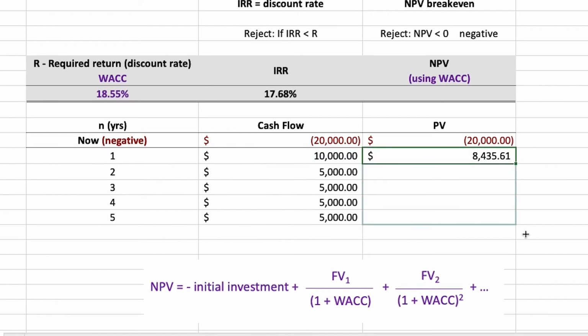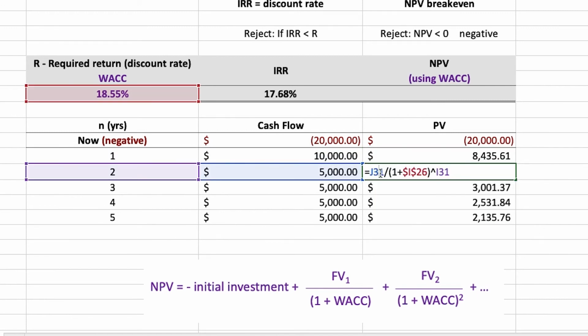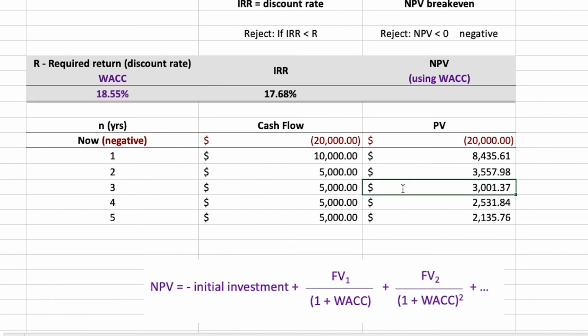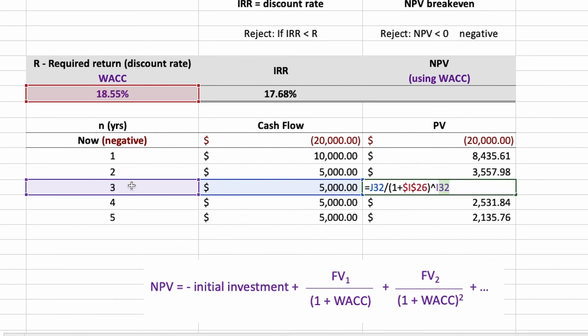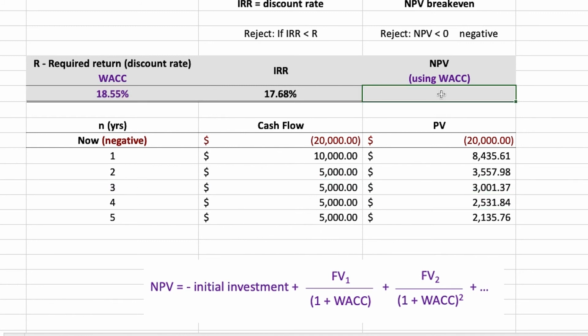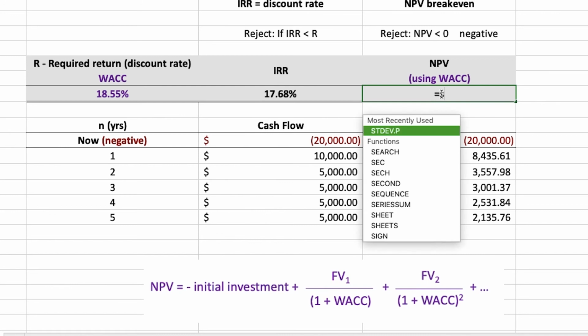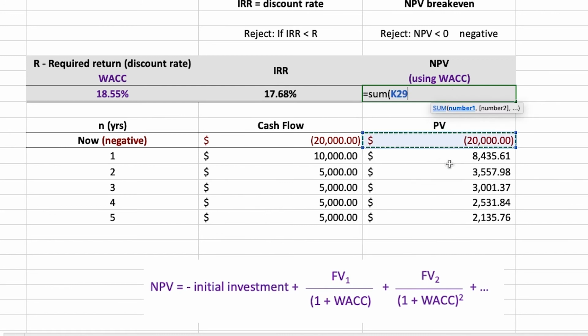Then now we can drag it down. So this would be the future value of the second year's cash flow over 1 plus WACC square, because this is the second year. And then this is the third year. Then the net present value is simply the sum of all these cash flows plus initial investment, which is negative